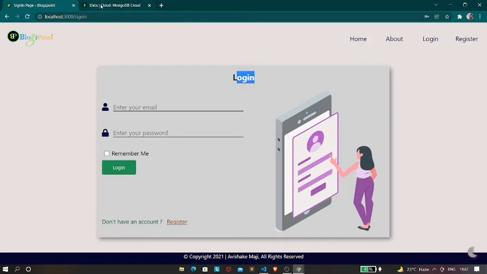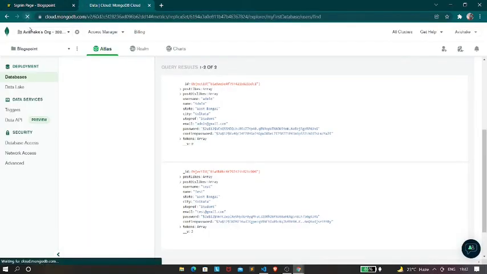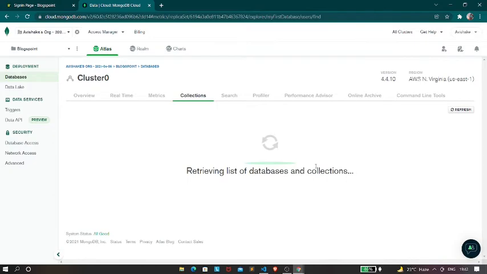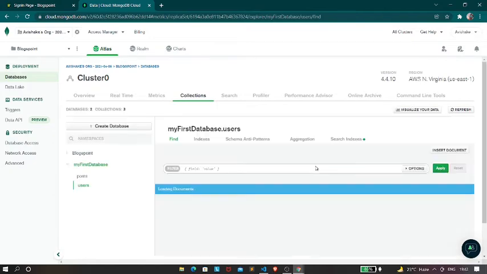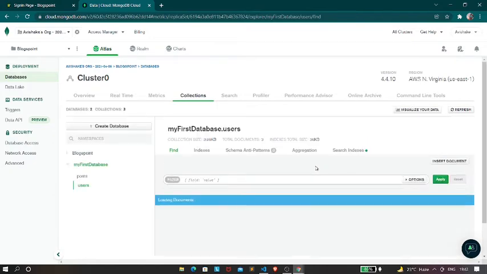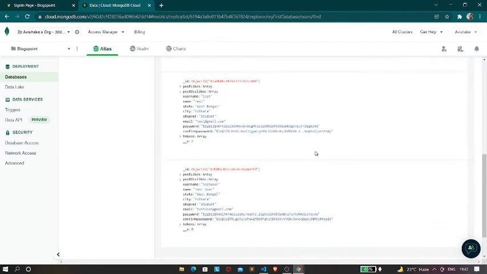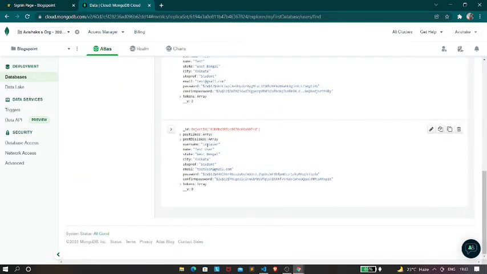Now if you refresh the database, then you will find that. So let me just refresh it. Over here you can see that test user is also stored in our database.